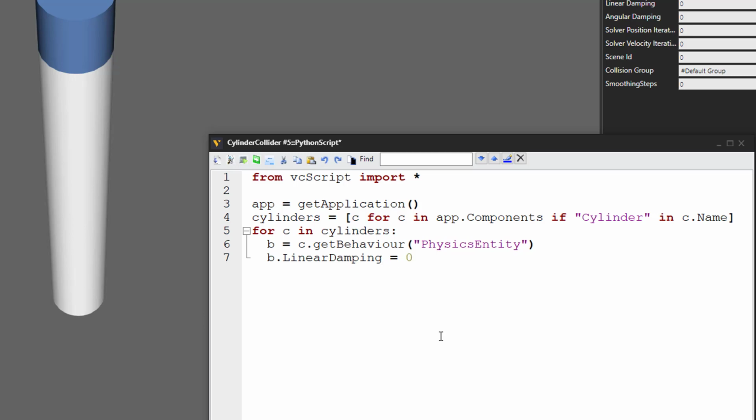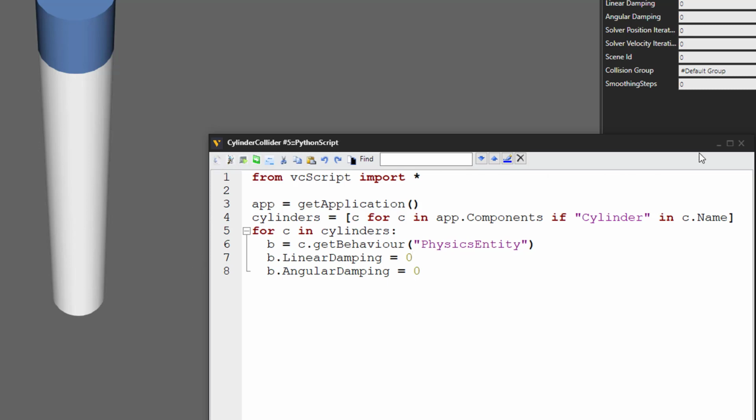Let's see how it works when linear and angular damping use the default values. So remember, the default value of linear damping when it's set to 0 is 0, and when angular damping is 0, its default value is 0.05. And now to visualize how our damping works in the 3D world, let's use swept volume.